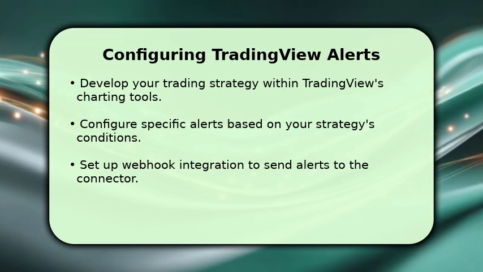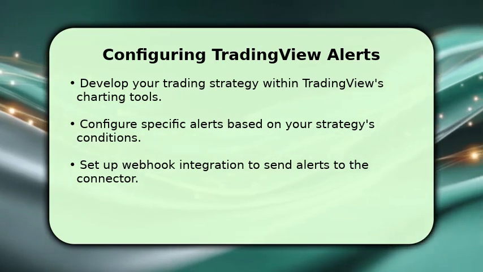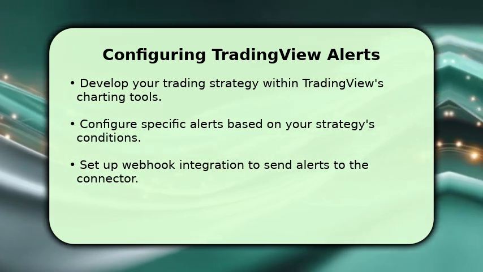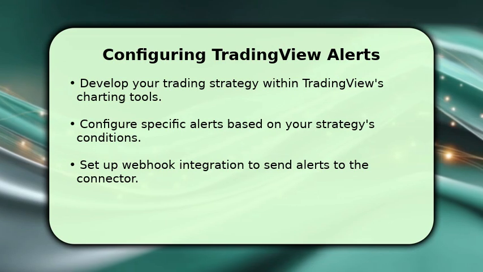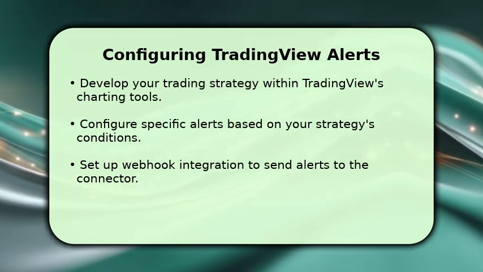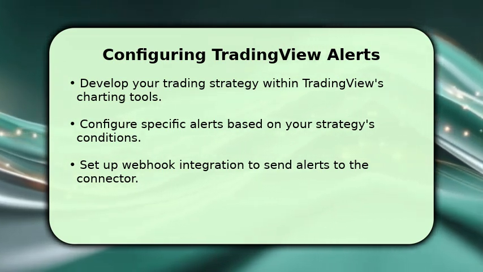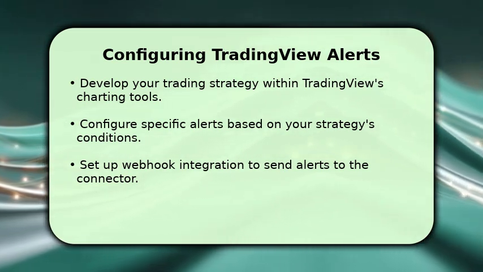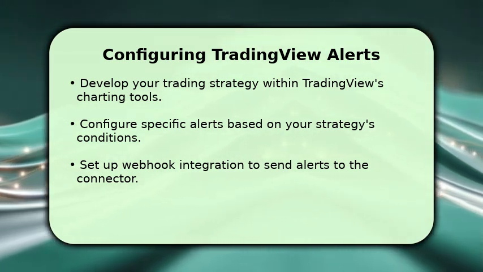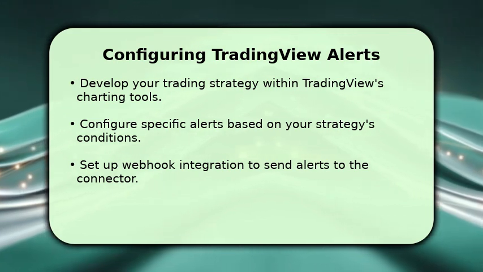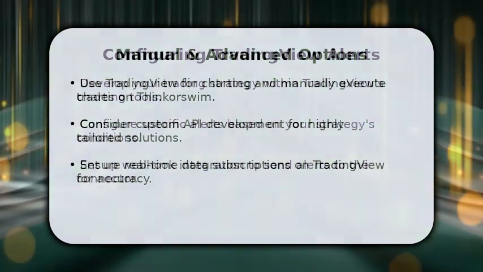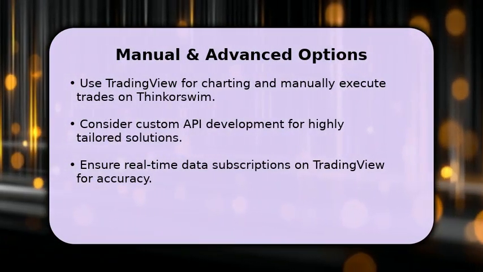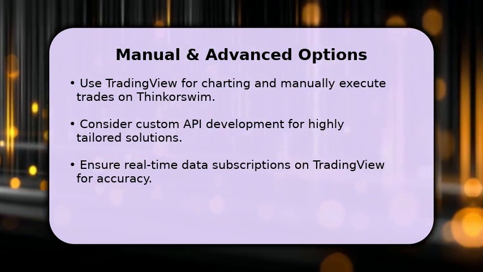Once your third-party connector is ready, the next step is to configure your TradingView alerts. You'll develop your trading strategies directly on TradingView's advanced charts. When your strategy generates a signal, you'll set up an alert. Crucially, these alerts will use a webhook to send the signal to your chosen third-party service, which then communicates with Thinkorswim for trade execution. Beyond automated solutions, many traders simply use TradingView for its superior charting and analysis, then manually